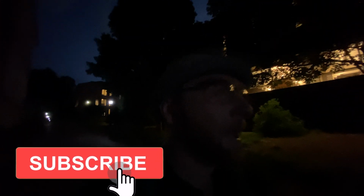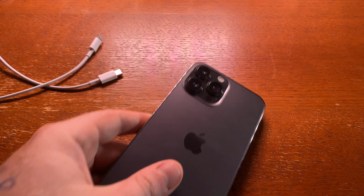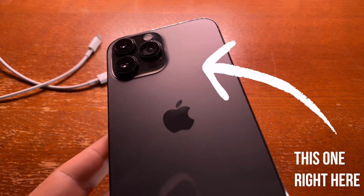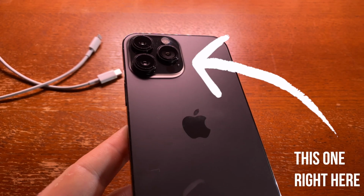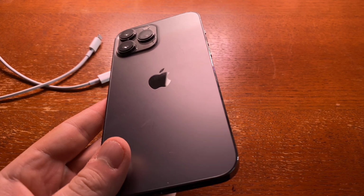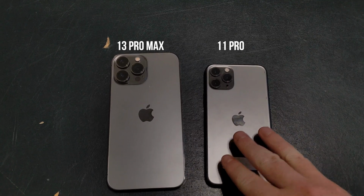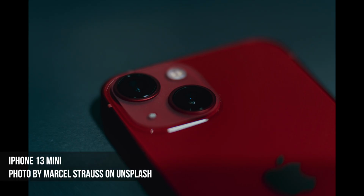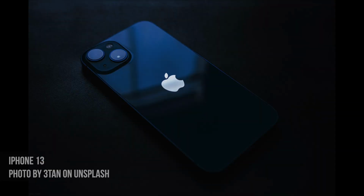Wireless carriers, at least in the US, I don't know how it works outside of the US, lock you in on a 2-year contract. So the plan is that you pay off the phone in 2 years. So if you are looking into buying an iPhone 13 Pro Max, the biggest chance is that you bought your last phone 2 years ago, and 2 years ago the top of the line phone for you would have been an iPhone 11. I went with the Pro model instead of the Pro Max model because I figured it was